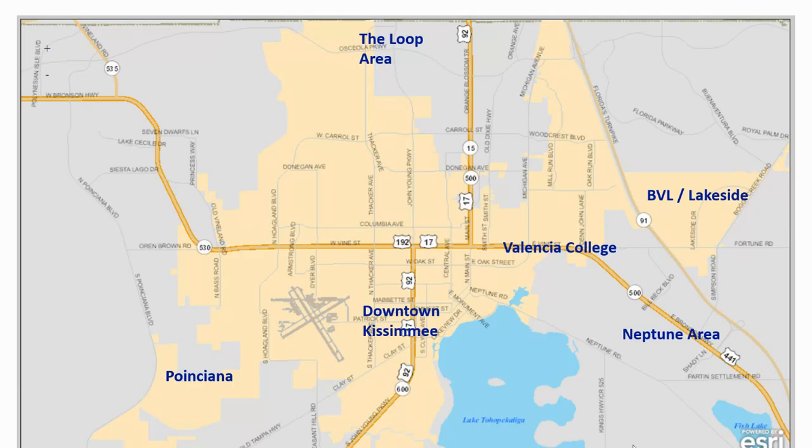Now, one of the important parts about the sample is that it has to be representative. My sample has to represent the entire population. And so let's say I decide to put some traps around Valencia and I collect 100 cats and I study them. I check to see whether or not they have rabies. Well, there's a problem with that, is that my sample, the 100 cats I trapped and studied, they don't really represent all the cats in Kissimmee